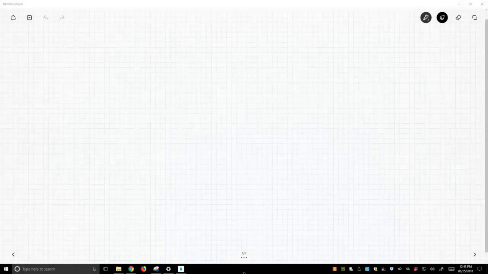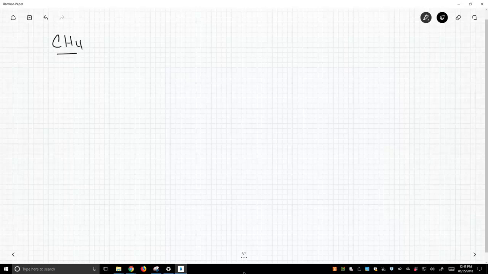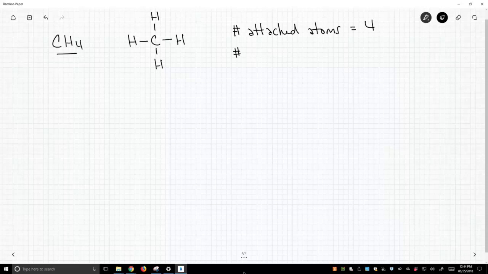So let's do a simple example. Let's look at methane, which is the molecule CH4. The Lewis dot structure for methane has a carbon in the middle of the molecule, and it is attached to 4 separate hydrogens. So our number of attached atoms equals 4, and the number of lone pairs